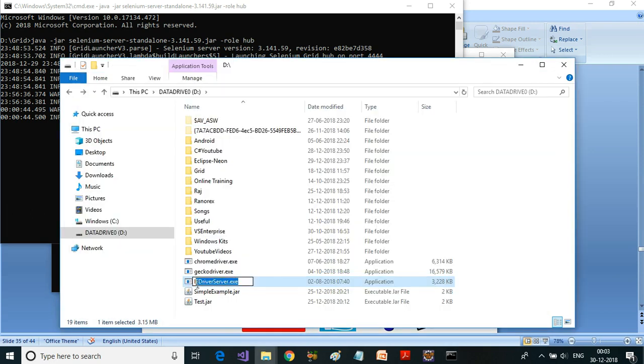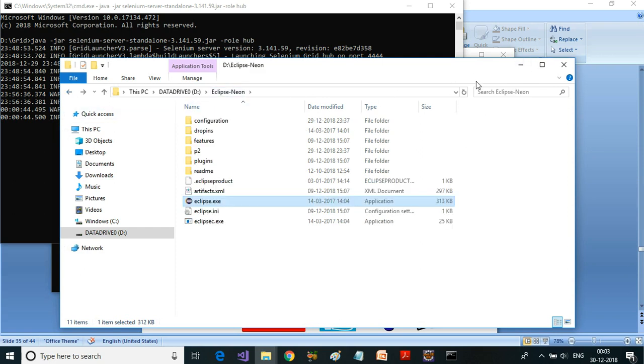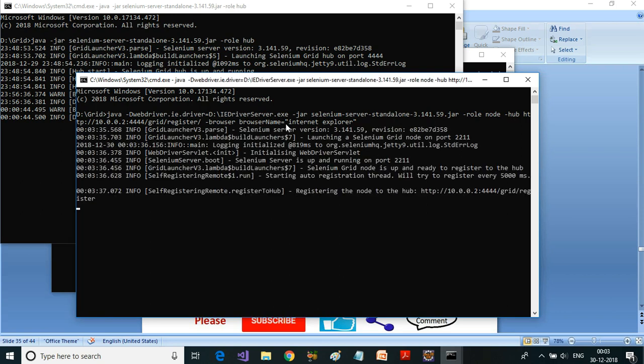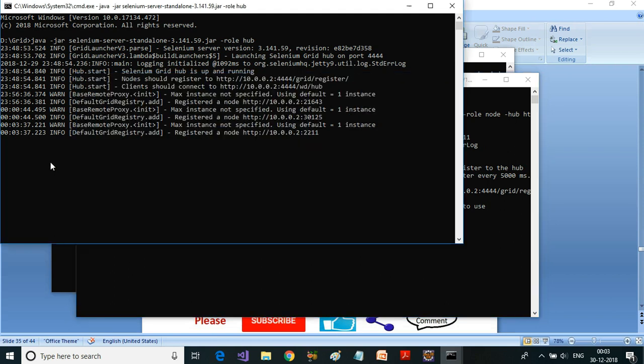The driver name is IEDriverServer.exe. Okay, it will be d:/IEDriverServer.exe. Okay, hit enter, and you can see the node is registered to the hub and ready to use.